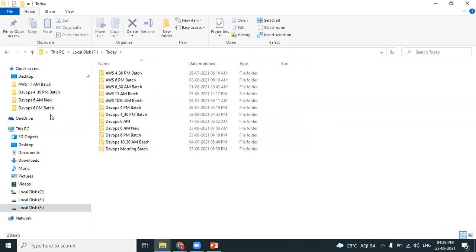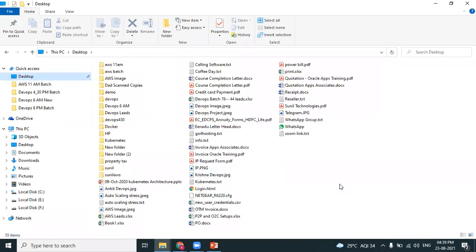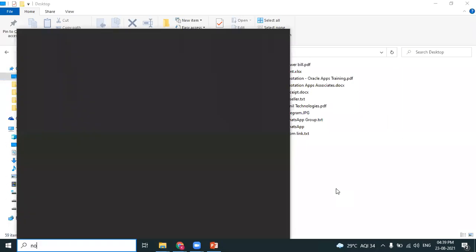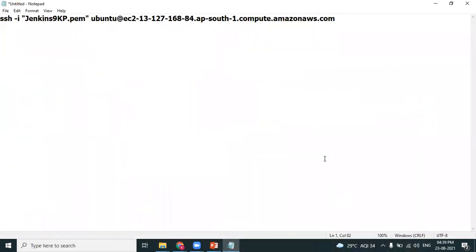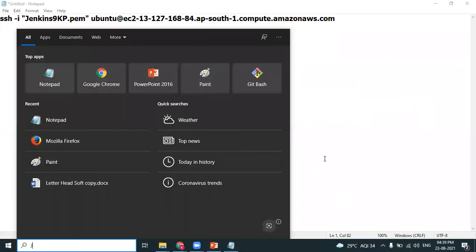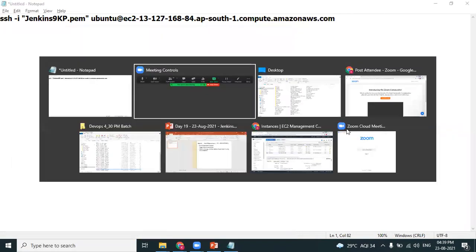There was a key pair on it, Jenkins 9 KP, in the Desktop folder.